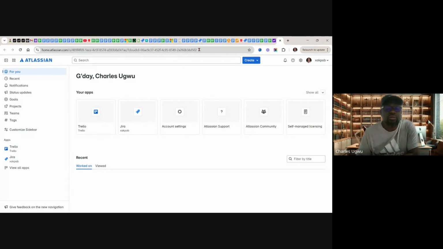I have more than 3 projects going on in JIRA at the same time. So once I click on it, it will take me to some of the projects that I'm working on in JIRA. But it's very easy to get a JIRA account. You go to JIRA, you sign up in JIRA, and you should be able to have